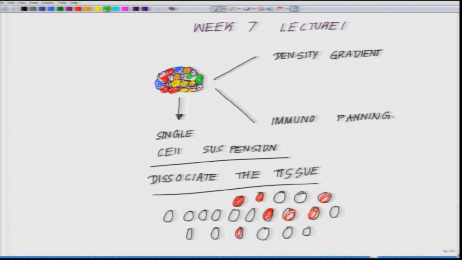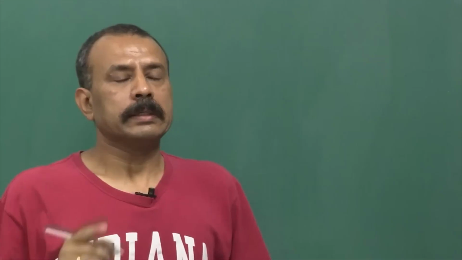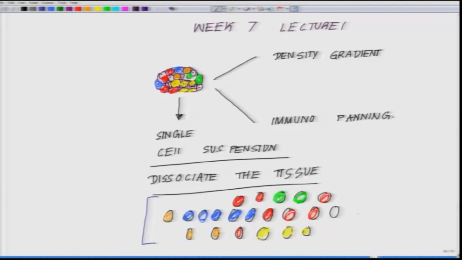Now, if you get this kind of mix and the individual cells have different sizes, then by virtue of which you can follow the density gradient,